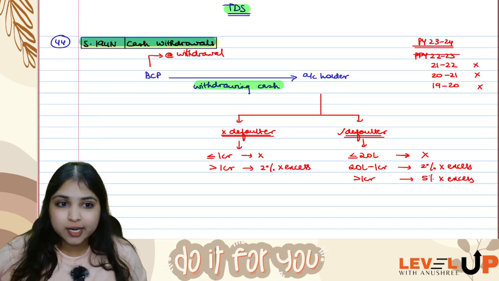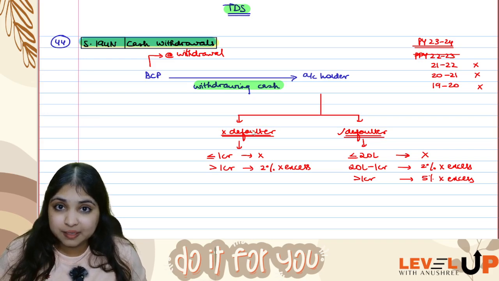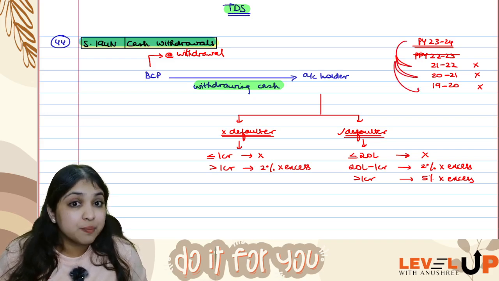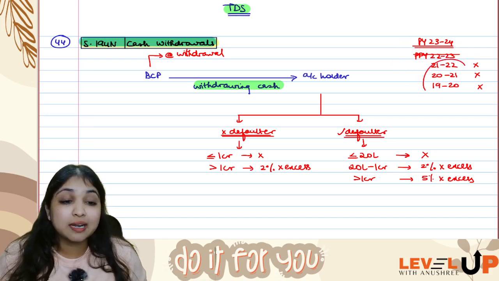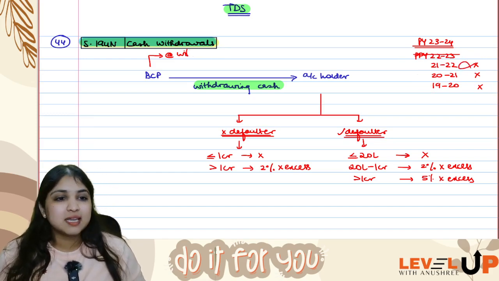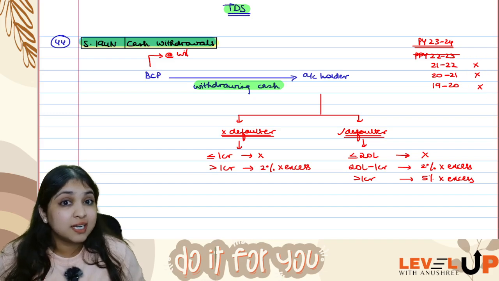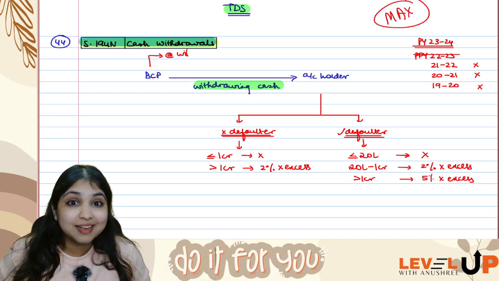Defaulter means, for your examination, let's say previous year is 23-24. Now, leave the immediately preceding previous year, see 3 years before that. All the 3 years, assessee has not filed ITR. All the 3 years he did not file ITR. Do you remember workout batch students? Defaulter, max. You remember that?